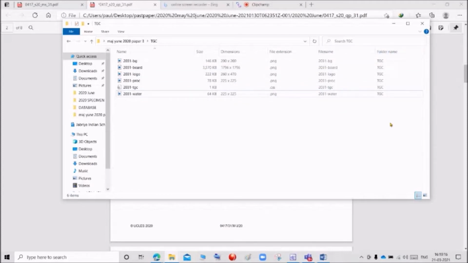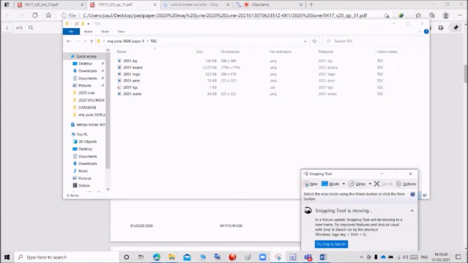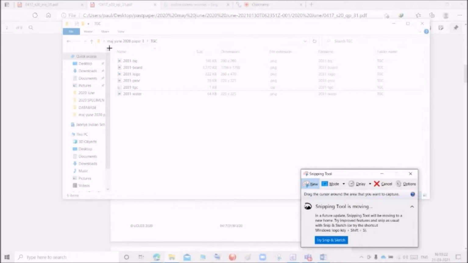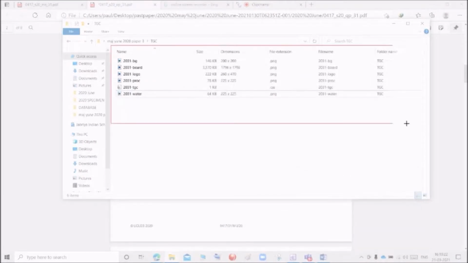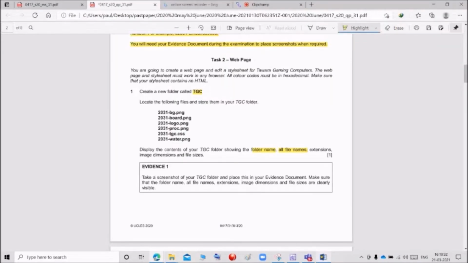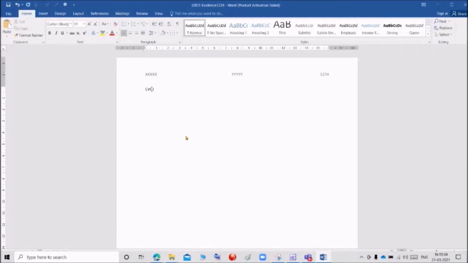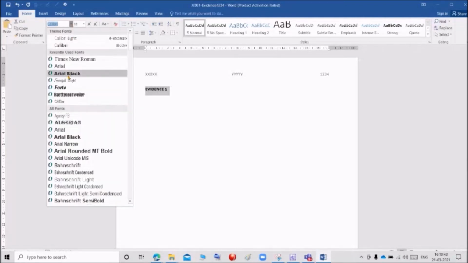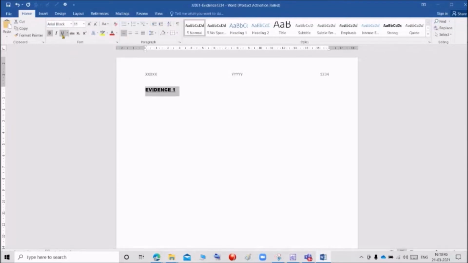After that, we are going to use the snipping tool, select new and select this. Copy this and paste it on the evidence document as evidence one. Make it bold, give it Arial or anything you wish, underline and make it bigger.